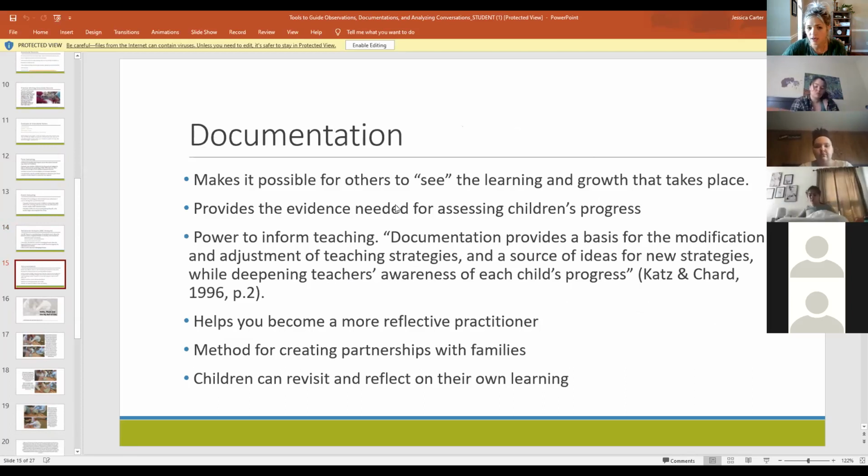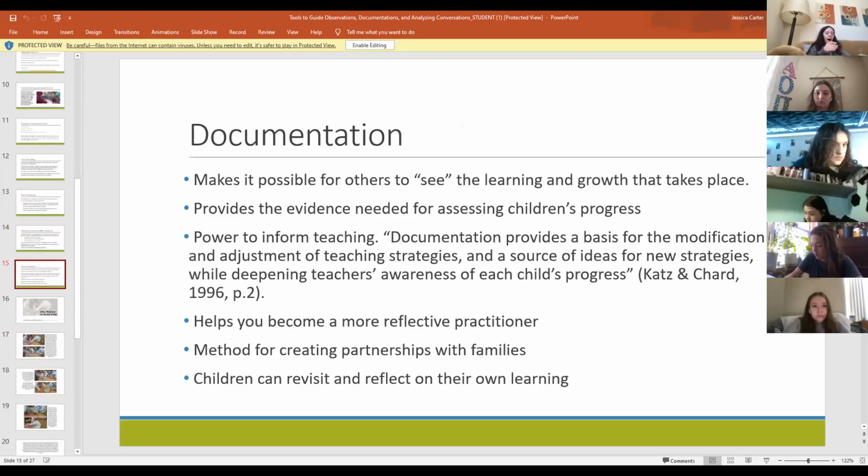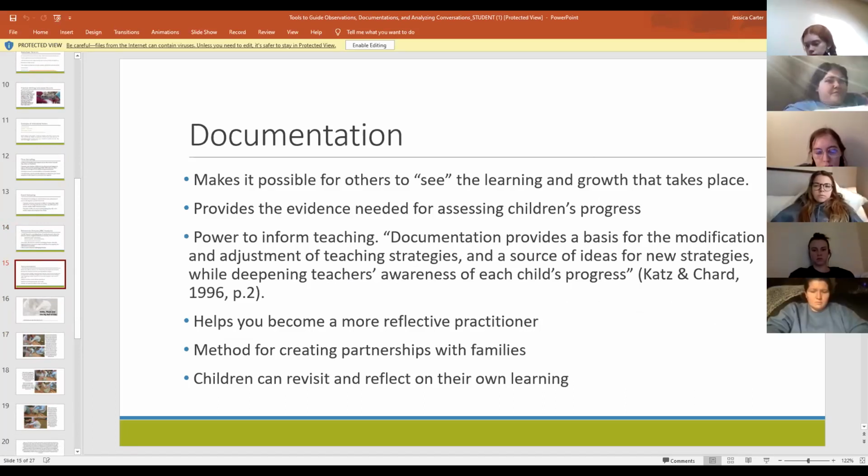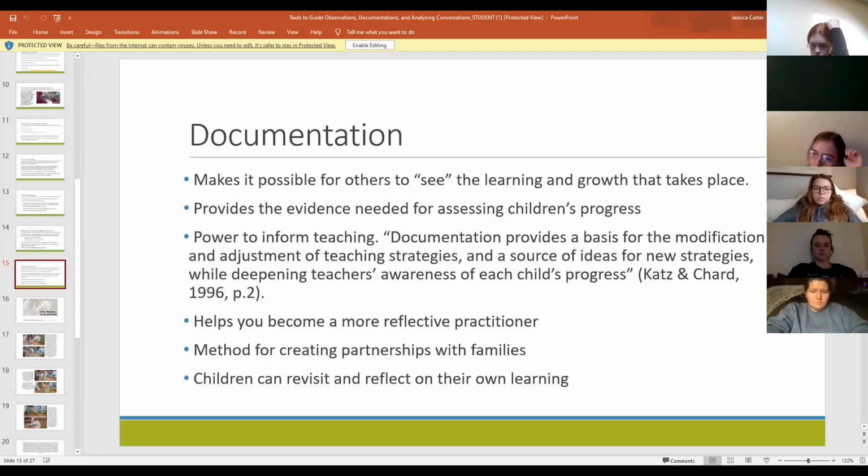So we're going to shift gears now. I'm going to show you an example of documentation, which is very much based on the Reggio approach. I'm sure if you've spent time at Lucy Brock, you have seen examples of classroom documentation, because lots of classroom teachers use this process now, not just people in Reggio inspired programs, but people from Reggio inspired programs in particular were the forerunners in understanding that documenting children's learning and their interests helps us make that visible in the classroom to other teachers, to the children themselves,